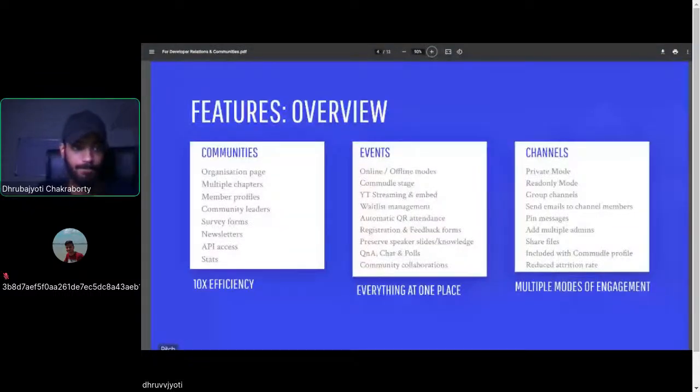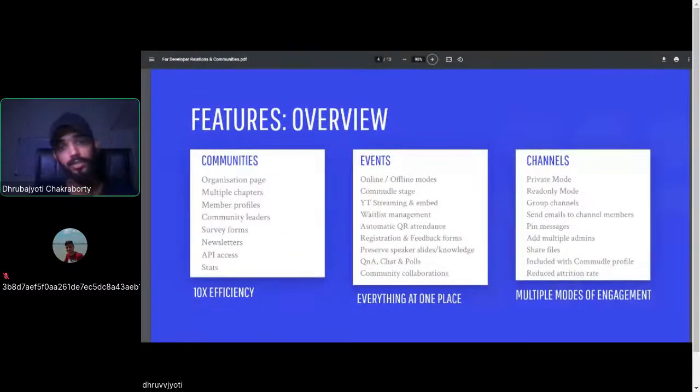Moving ahead, if you understand it from three different perspectives: as a developer, to build your portfolio, your network, or your audience, we need three different channels, which serve as a communication platform for us. Events, of course, serve as a major source of communication to our audience and communities. Without communities, the developer ecosystem is empty.